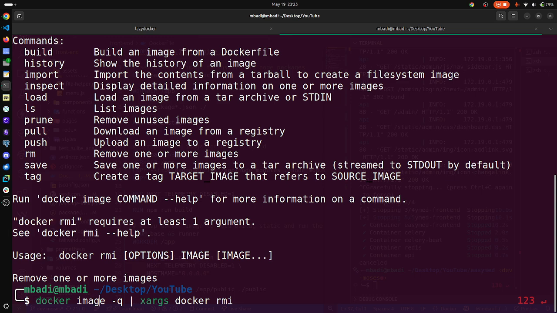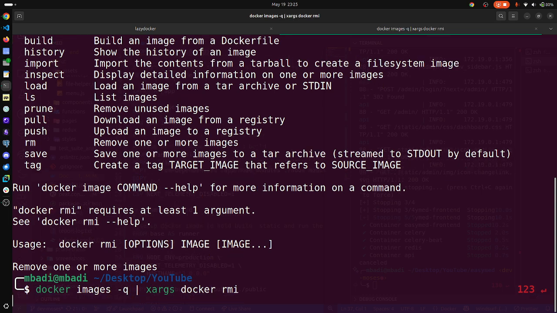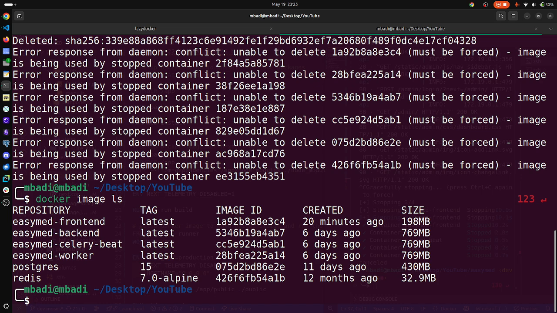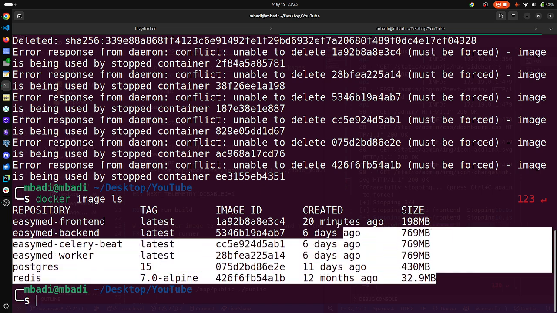Docker, this should be images if I'm not wrong. Okay. So what that will do, it will force remove the image. Now let's check if our images are still there. Okay, so the non-tagged image is gone, but we still have a couple of images here,